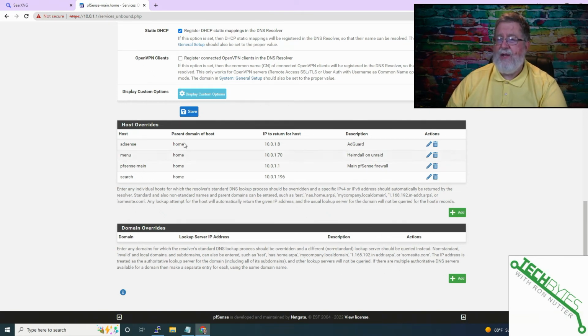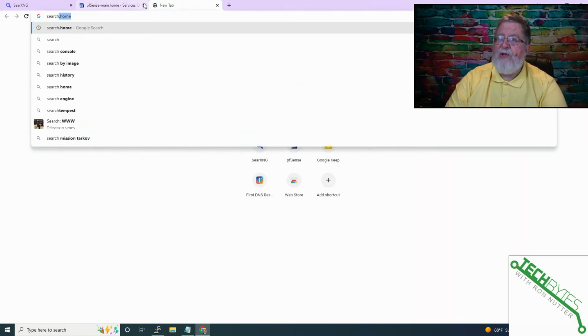If your firewall doesn't have this kind of functionality, well, I'm happy with pfSense. What you'll do is you'll add a host override with search, home, and then the IP address. And this is just a DHCP address right now. I will be giving it a DHCP reservation. I'll do it from pfSense because certain things I'd rather leave alone in Linux. And this way, if I move it to another system, it comes up on a new address. So if we do search.home,